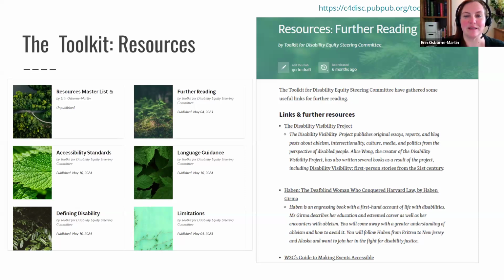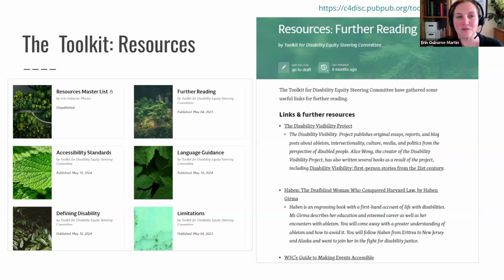I wanted to give you a little bit more detail on the contents of the toolkit. I have shared the link in the chat here, but it's also at the top of this slide if you want to capture it and take it down. The main thing to emphasize from the start is that it is a constantly evolving resource, designed to be flexible and adaptable, and to be added to over time. This is where we are at the moment, but it will continue to grow, and hopefully you'll see more and more information over time as we get more submissions.